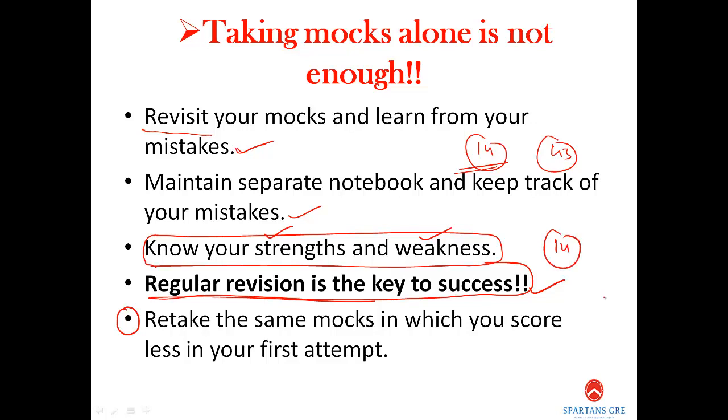Out of these 14, maybe you might be performing poorly in 3 or 4 mocks. Just retake these mocks again. No mistake in that, right? So make sure next time you won't make the same mistakes again. So don't think retaking the exam is a waste of time. Don't retake the mock in which you got a high score. Retake the mock which you felt was very difficult. Initially you might feel a little bit of discomfort while retaking the mock where you scored less, but trust me, it will help you a lot, right?